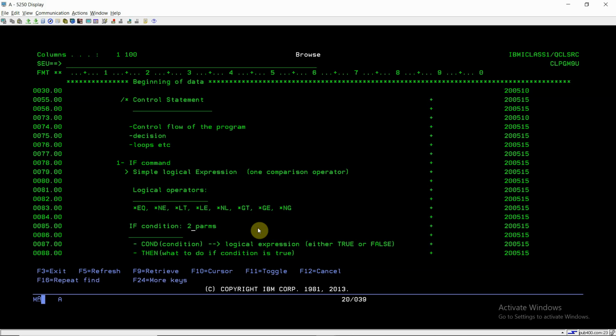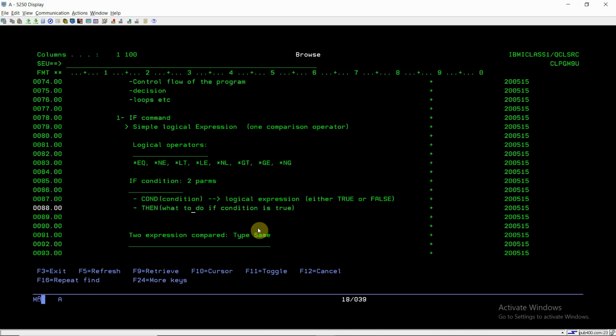Based on the logical expression, the condition, which is either true or false, if A is greater than 2 and it is true, then do this; if false, then don't do this. So there are two parameters: the condition, and what to do if the condition is true.